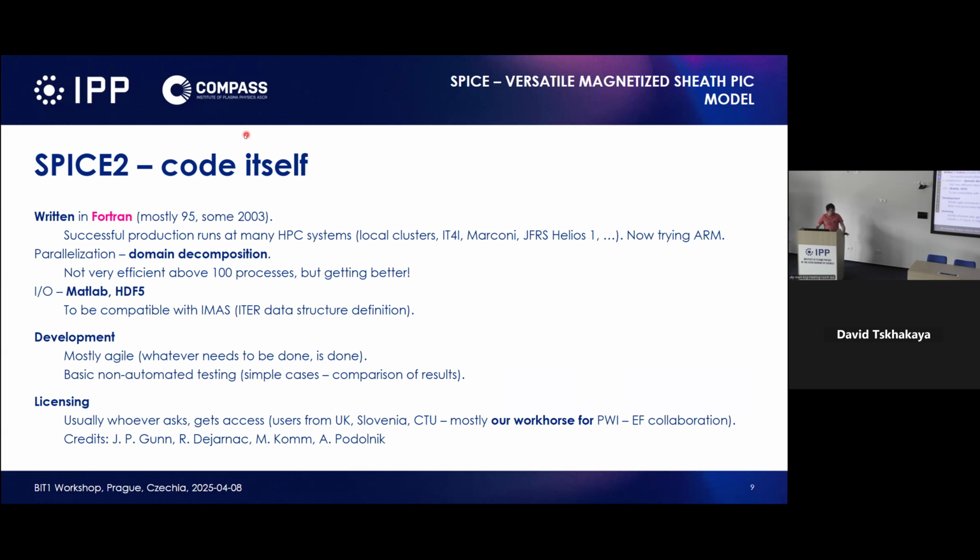The successful runs are almost everywhere where we decide to install the code. Now we are trying to compile it on ARM processors, but I don't have any preliminary results for that. We usually end at about 100 processes, so a modern computer, just one node at the modern HPC computers, but we don't need more, so we do singly parallel